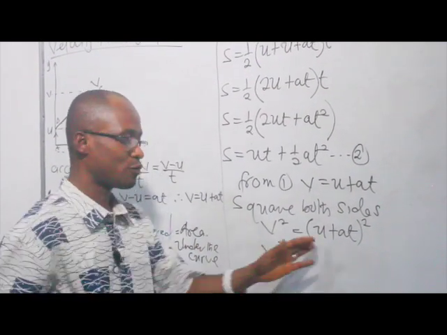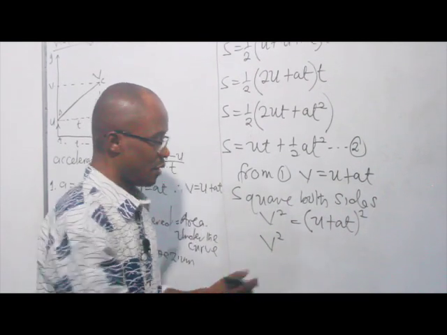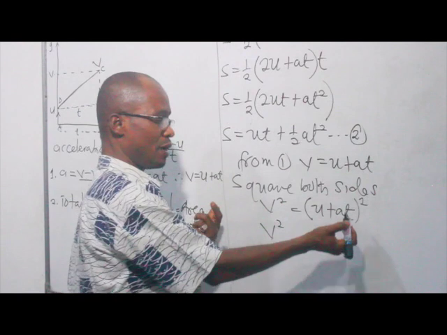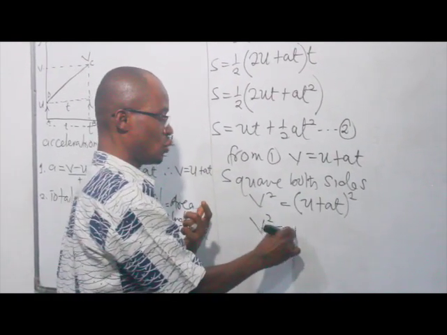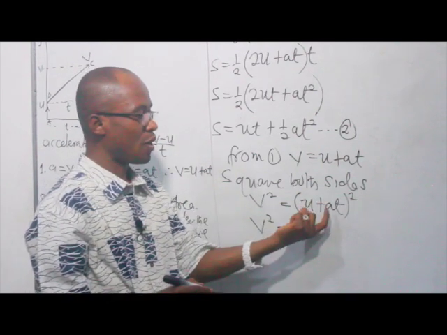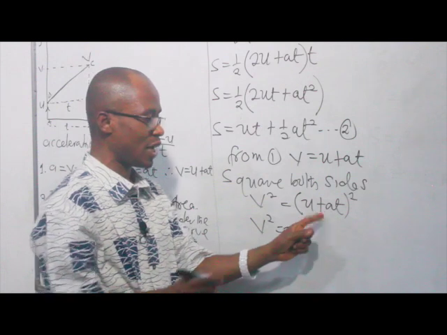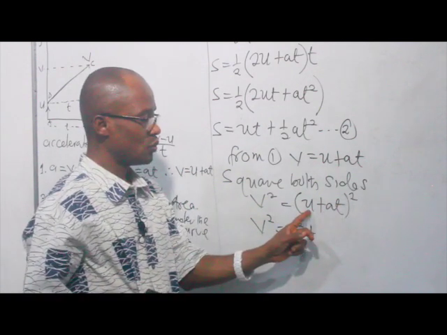Since we only have two terms within the bracket and the degree is 2, in the simplest way, just use the power and attach it to the first term. Here we have U squared, that is 1. Secondly, use the power to multiply all the terms within the bracket, taking advantage of the sign. The sign here is positive. We have 2 times U, 2U, times AT,